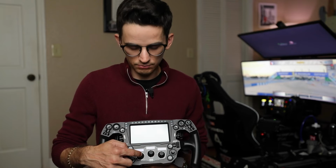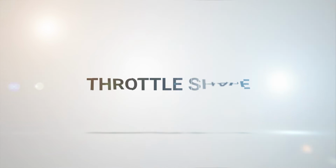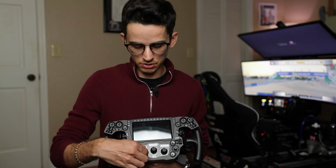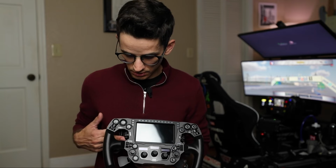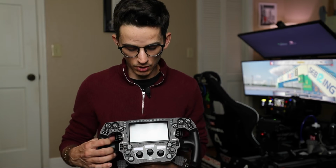Over on this side, my mode 1 is currently set up for the throttle shape. Mode 1 is an 8-position switch, so 1 through 8, and that will give me different positions for the throttle shape on the Lamborghini. If I click this in, it goes to mode 2, which is known as button 6,